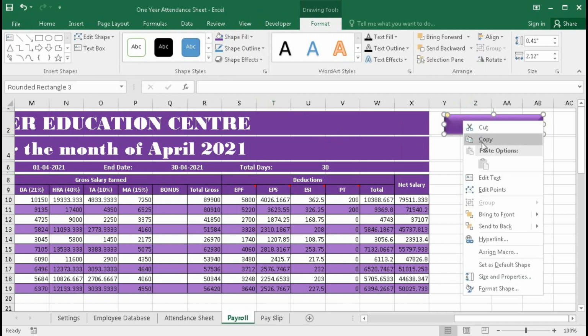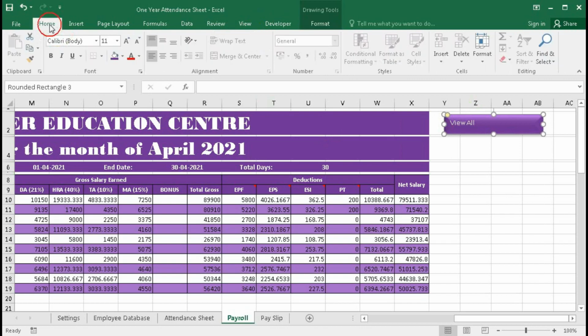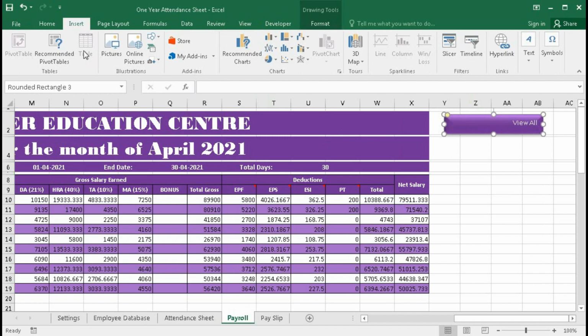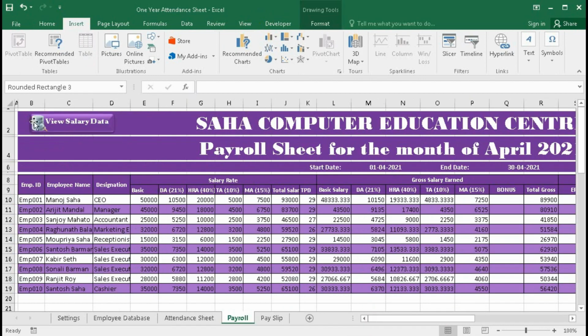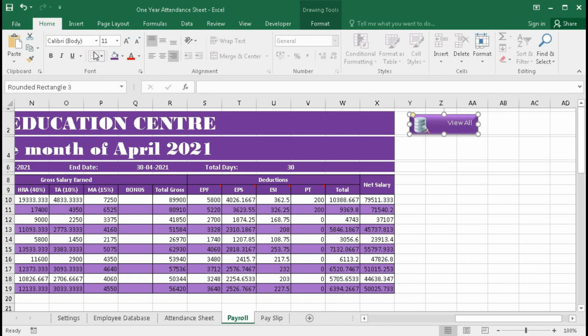Now edit text, view all, and again align the text to the right. You can copy this picture, paste it and move it here. You can make the shape smaller. Now take the font as you wish.